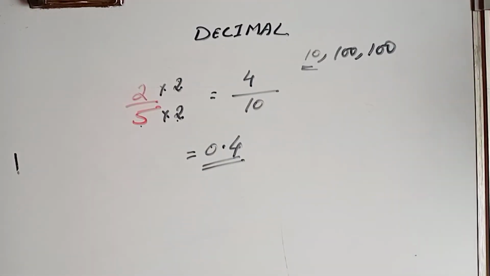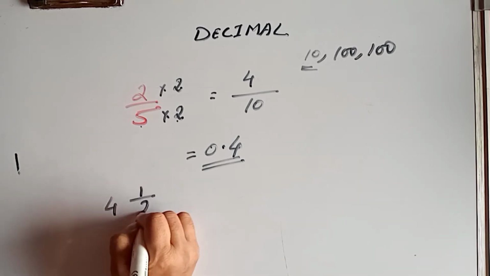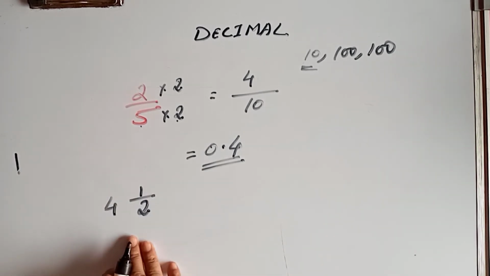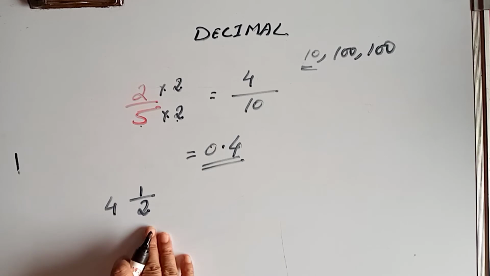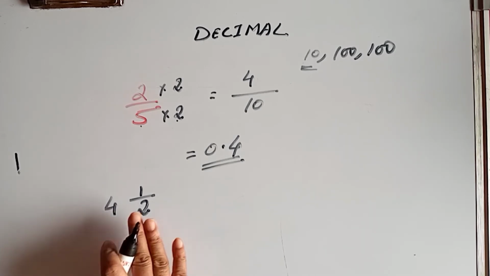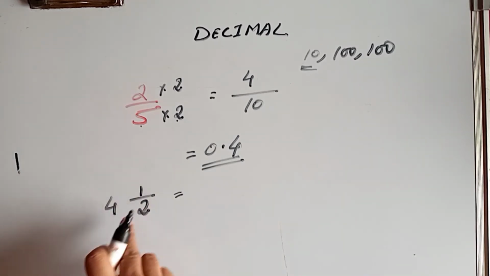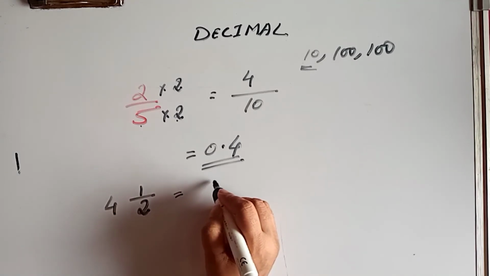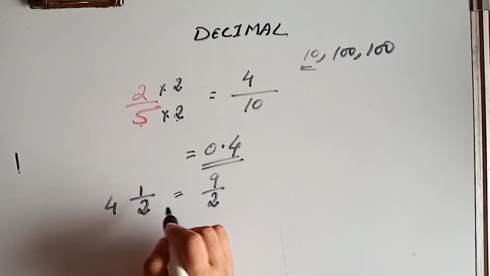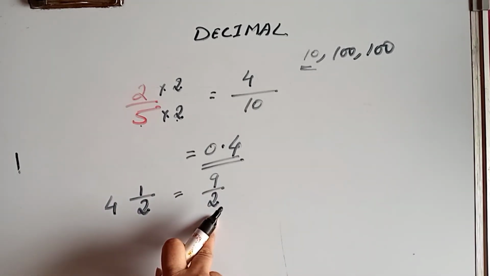कैसे चेंज करना है? अभी सोचो एक मिक्स फ्रैक्शन में है, 4 1/2 है. सो व्हाट आई विल डू, 4 1/2 दिया हुआ है, उससे बोल रहे हैं कि इसको डेसिमल में चेंज करो. चेंज दिस इनटू डेसिमल. चेंज 4 1/2 इन डेसिमल. सो फर्स्ट स्टेप इज कन्वर्ट दिस मिक्स फ्रैक्शन इनटू इम्प्रॉपर. 4 2s are 8, सो इट विल बी 9/2. आई हैव कन्वर्ट दिस इनटू इम्प्रॉपर. मिक्स फ्रैक्शन को मैंने इम्प्रॉपर में कन्वर्ट किया.